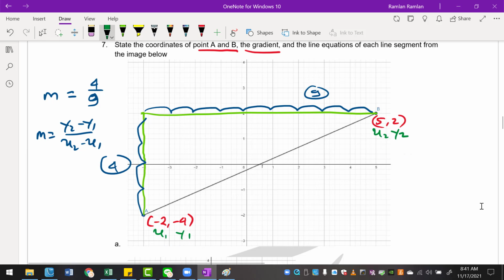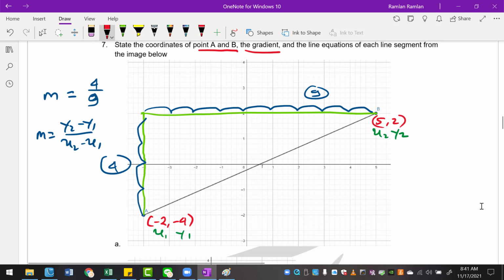But don't do it like this. If this is x1, don't say this is y2. You have to say this is y1. This is x1, this is y1. Same thing: if this is x2, you cannot have y1, right? So this is not correct. Okay, so if I have those two points, we only need to substitute them